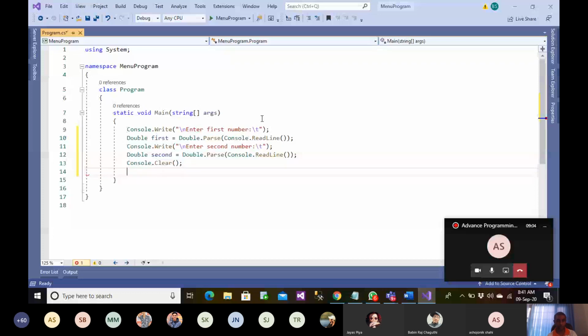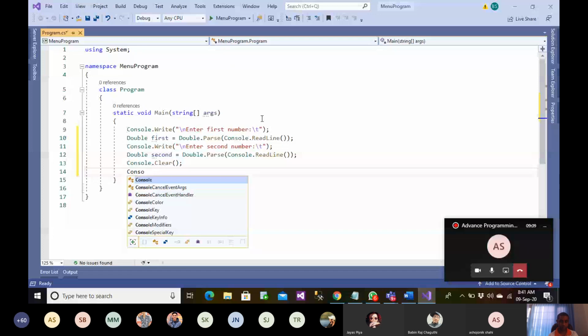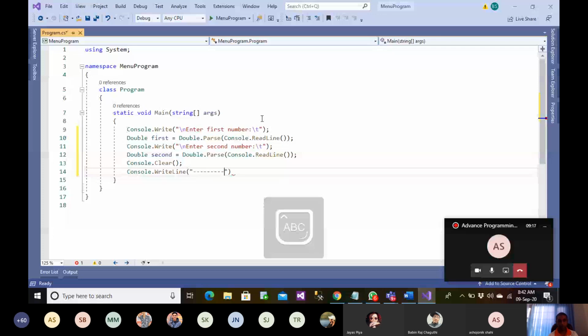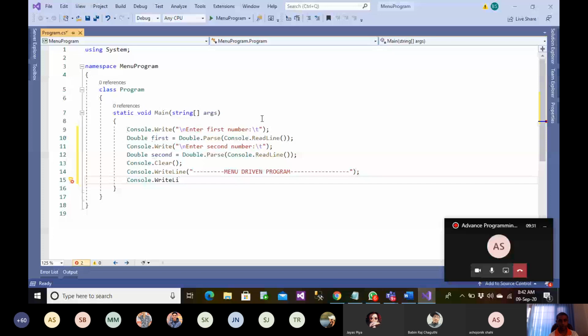Once you have read the first number and second number, we want to create a menu. I'm going to put some header. Call it menu-driven program. WriteLine. I'm going to say press 1 to add. Press 2 to subtract.